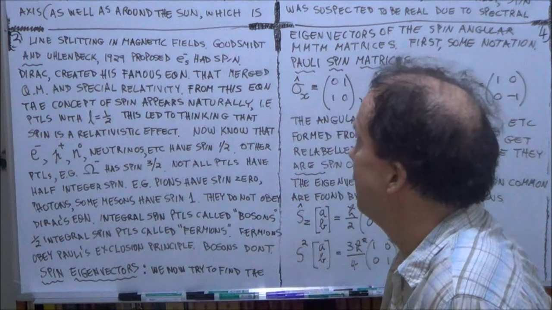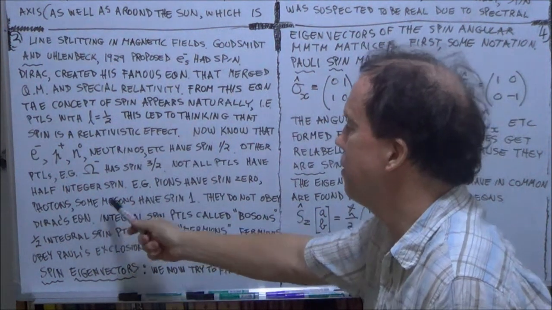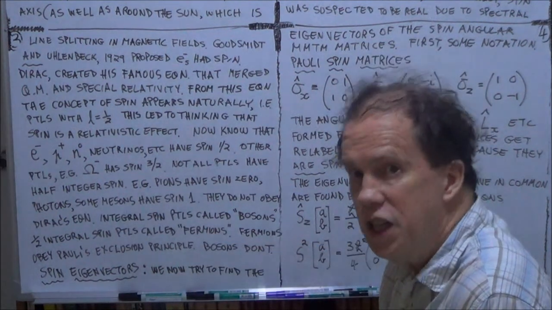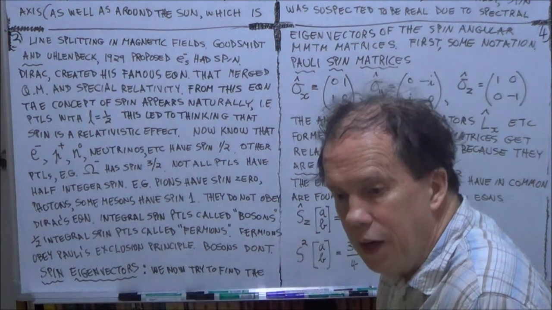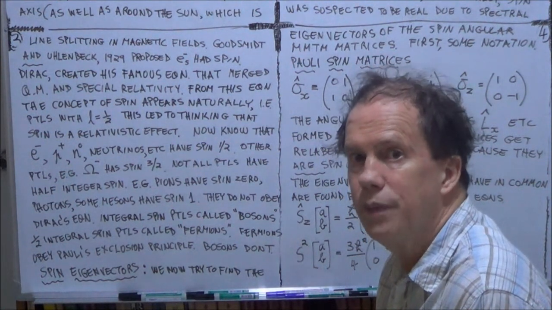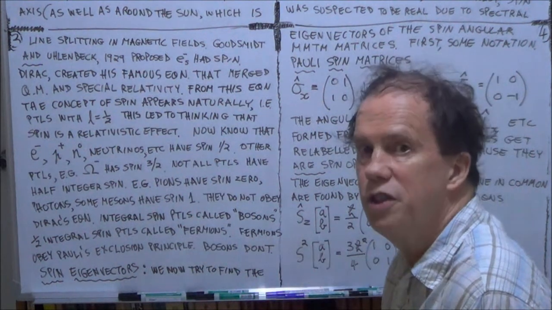Okay? So it's known those particles that have integer spin, they do not obey the Pauli exclusion principle, and those that have half integer spin